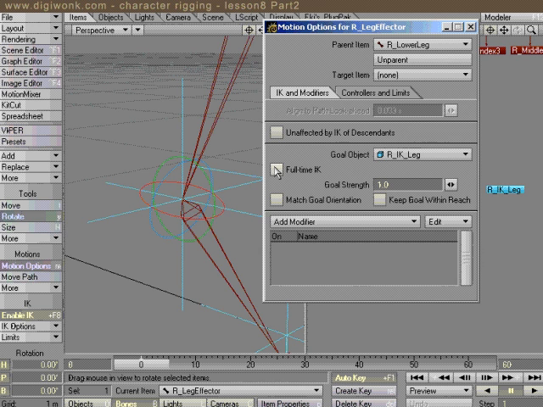So I'm going to go ahead and select that. I'm going to select full-time IK, and I'm going to go ahead and set a goal strength. A good rule of thumb is goal strength can usually be anywhere between 50 and 125 on a normal human-sized